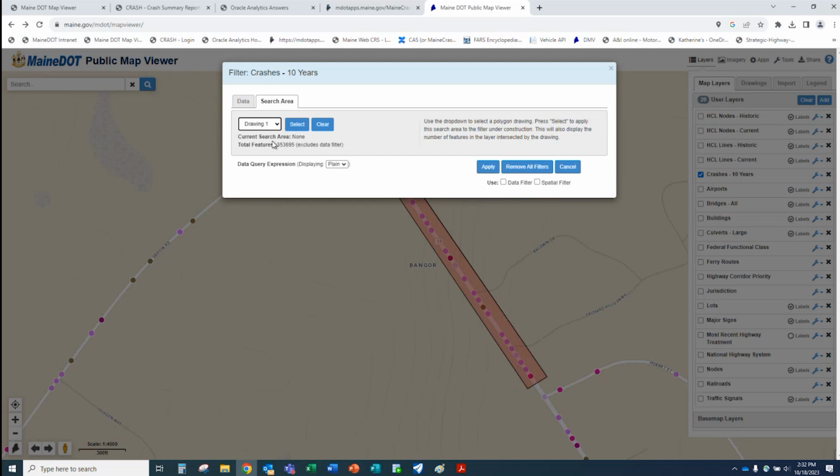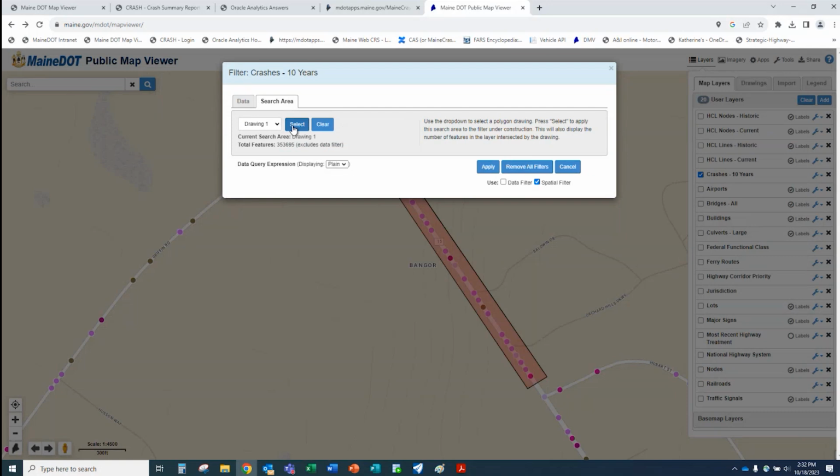One thing to preface with that is that all of this information, just like anything else, will stay on this public map viewer in your browser until you clear your cache. Once you clear your cache, any of these drawings that are in here, any of these layers that you have added, any of the stuff that you may leave in here will disappear, unfortunately. And I'm not telling people not to clear their cache or their browser, because obviously it's a good thing to do. It bogs down your system and opens you up to all kinds of stuff.